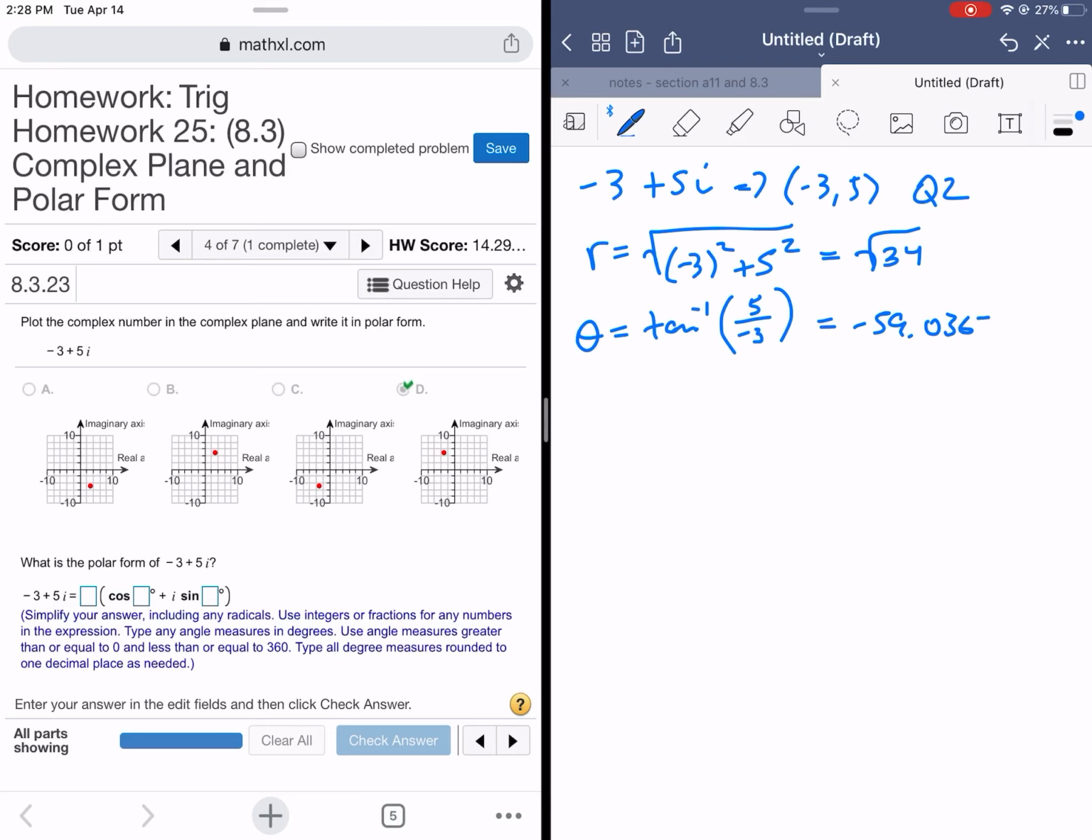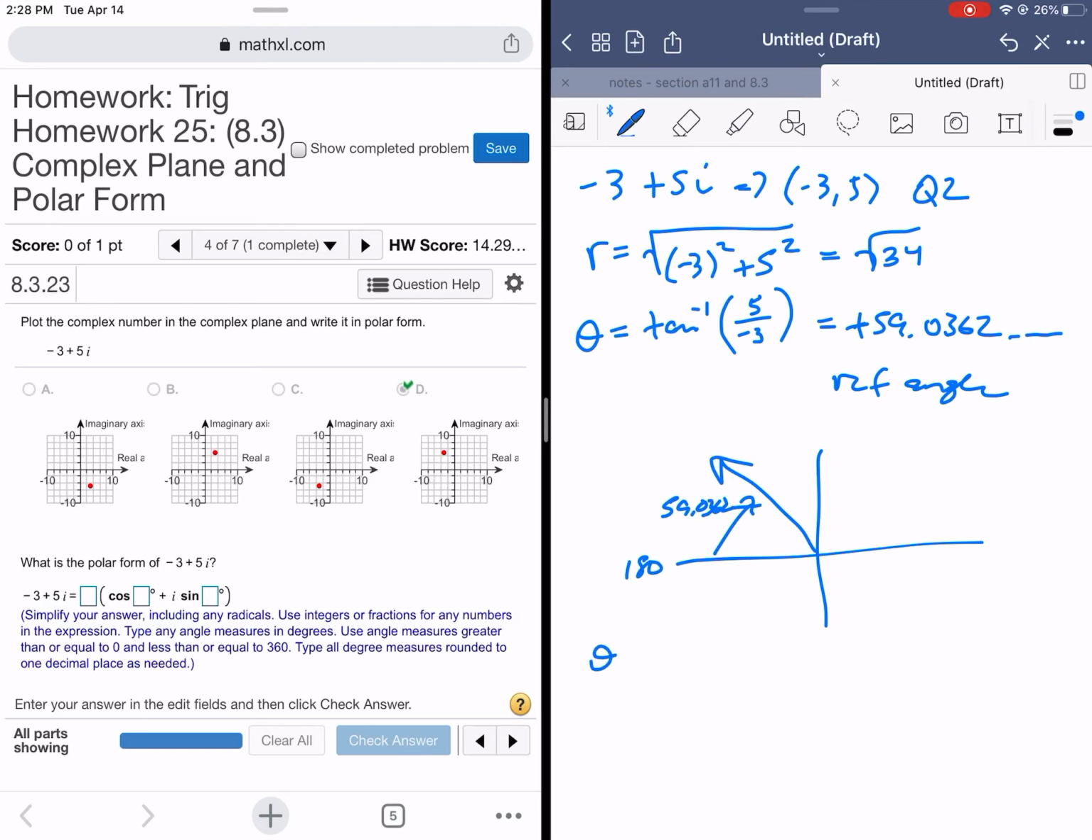59.0362. Okay, now remember, just like the previous example, this is the reference angle, which means I'm going to consider it just to be positive instead of negative. And because I need to be in quadrant 2 with this point, I know that this is 180. Here's my reference angle of 59.0362, etc. And so in order to get my angle theta, I'm going to take 180 and I'm going to subtract